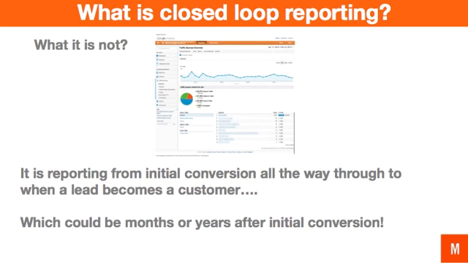All right, so let's get started with what is closed loop reporting. And what I'd like to do is just give you an indication of what it is not, because a lot of agencies and a lot of digital marketers believe that closed loop reporting is simply the reporting that you get from Google Analytics that tells you where your traffic is coming from and maybe where your conversions are coming from. So that means someone has filled out a form and they have set up in Google Analytics the ability to track any traffic that has gone past a particular form, and they then call that closed loop reporting. Closed loop reporting is essentially not that, because all you get is